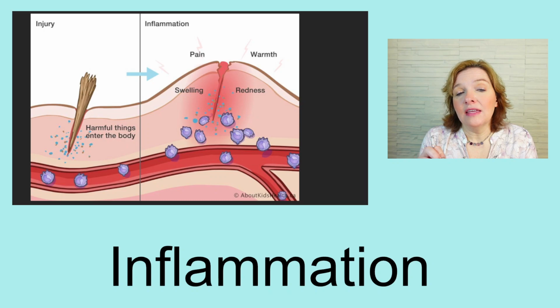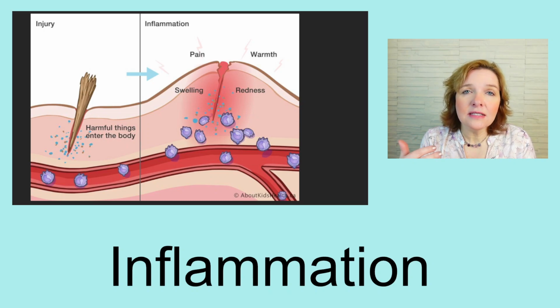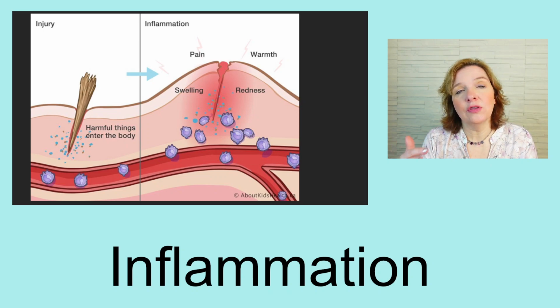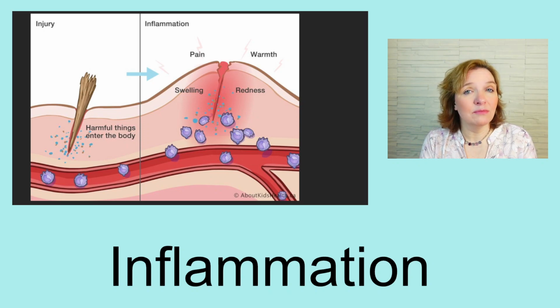If you have an injury, the body around the injury makes an inflammation, and these are the symptoms that we see in acute inflammation. It's painful, it's warm, the body temperature goes higher. So when you have a systemic inflammation, you get fever. When you have inflammation located in one part of the body, it's getting warm. The swelling, obviously there is edema, and it's red. These are the symptoms of inflammation.